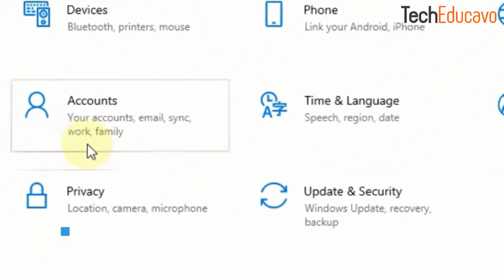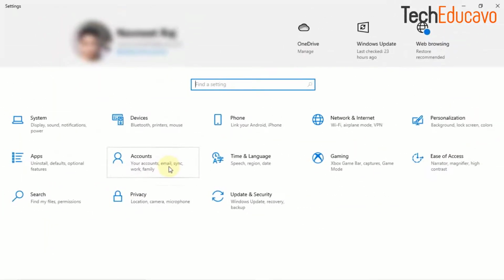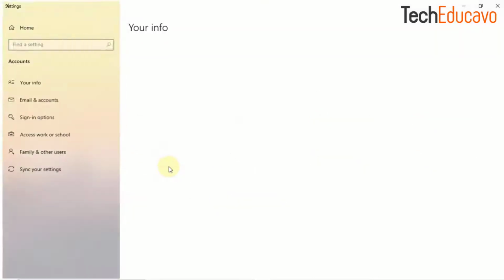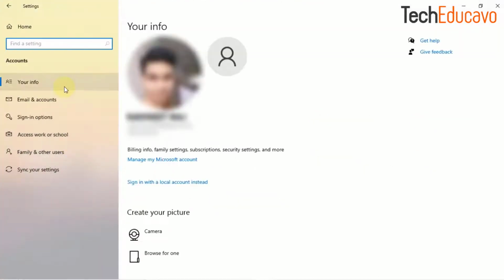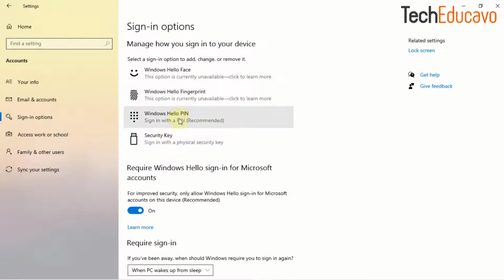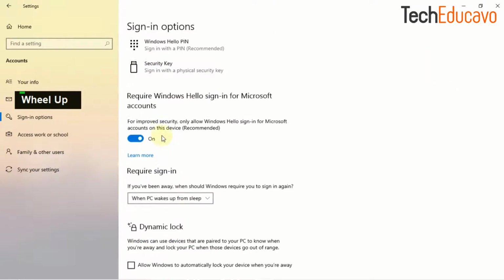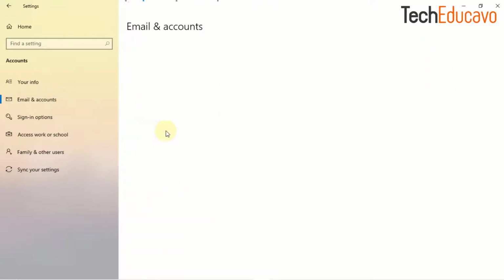The next one is Account Settings. Account Settings contains all of the options you need for managing your local Microsoft account. This includes the secure sign-in options such as password, PIN and picture password, as well as the new dynamic lock settings, workplace or school access settings and Microsoft Family settings.